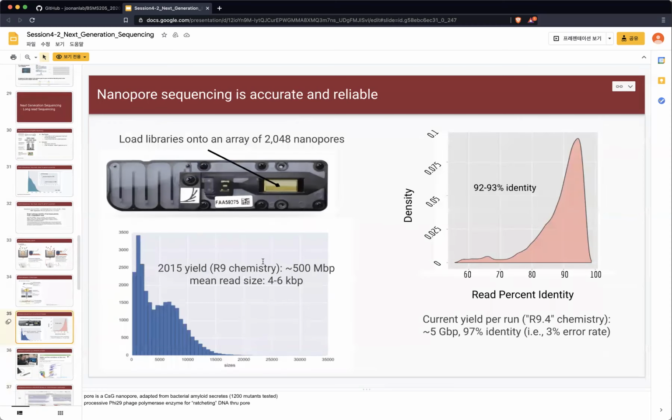So Nanopore sequencing also has longer reads than other platforms, though not as long as PacBio, but it has quite long reads, like 4 to 6 kilobases, and I think this is much longer these days. If you go to Twitter, Nanopore users always show off the longest read of their life, right? So you can see how much longer they can go these days. But anyway, Nanopore has longer reads, and it also has a very